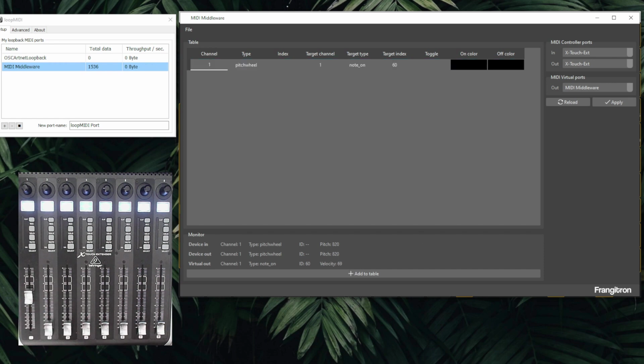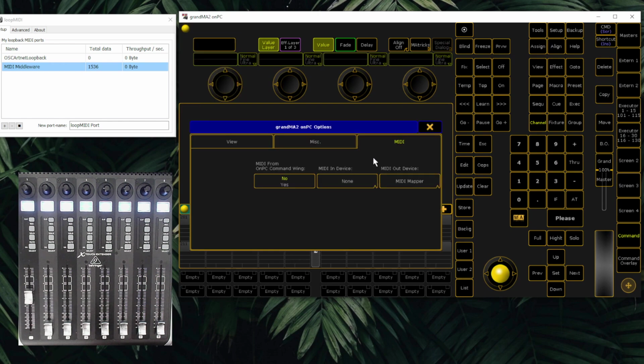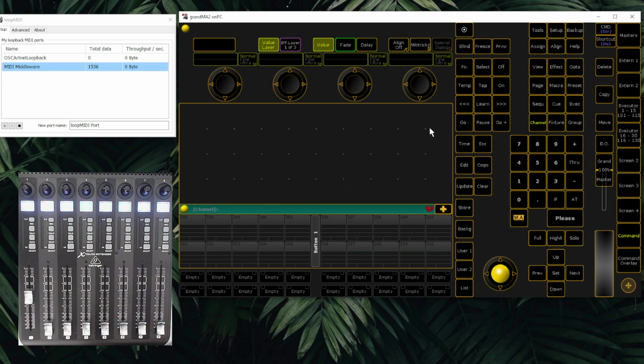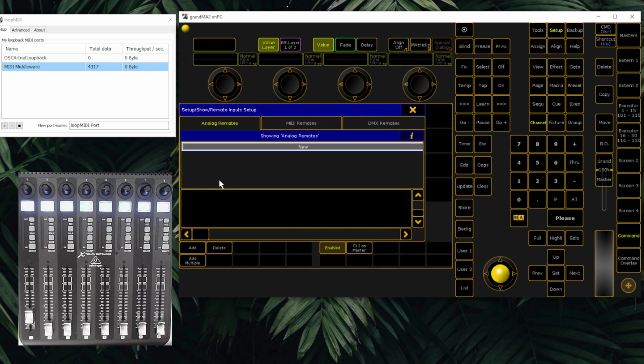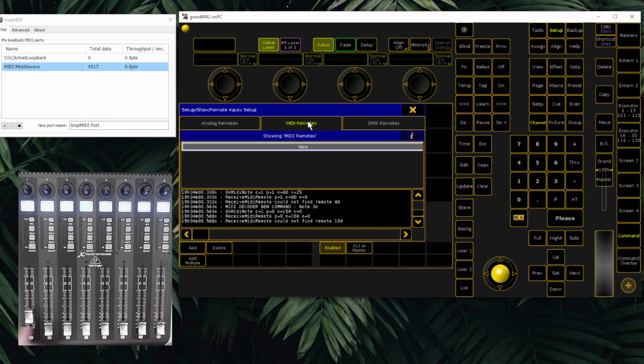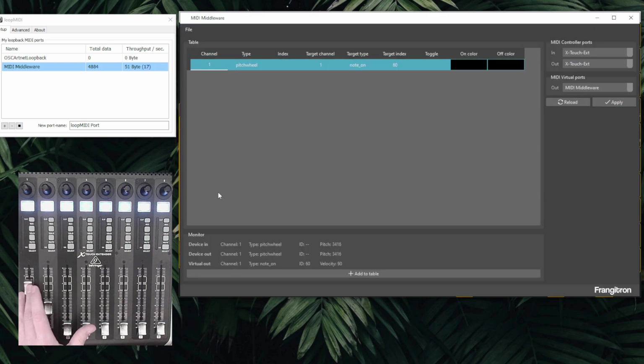Now that it's done, I can go to GrandMA on PC. In the options, select the MIDI in-device MIDI middleware. If we go now into Setup, Remote Inputs and MIDI Remotes, we can see that if I move this, there is a new command which we won't be able to do anything with, but the first one is a note on. So if I click New and check which note and which channel it is for the virtual out,